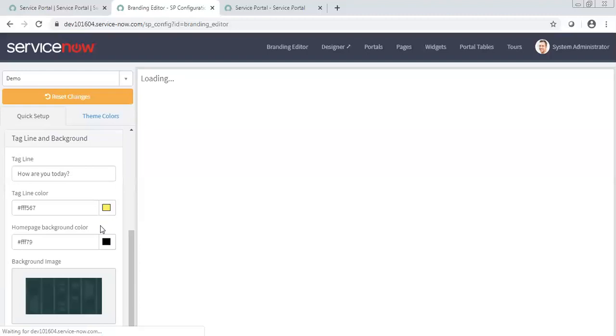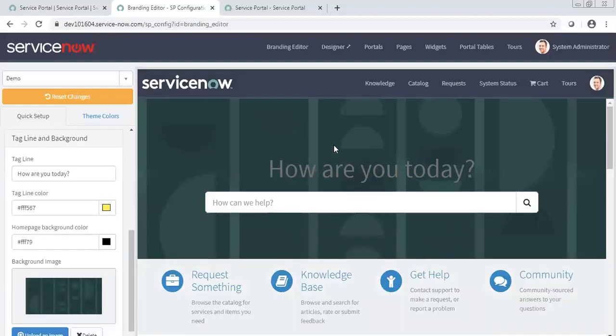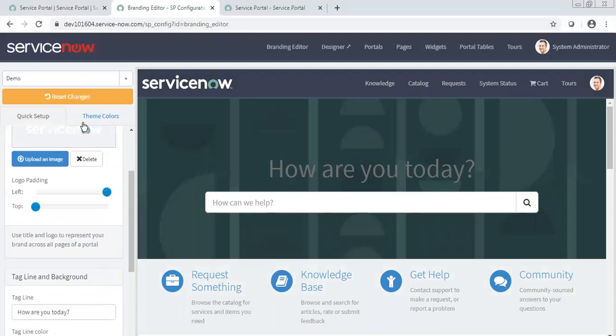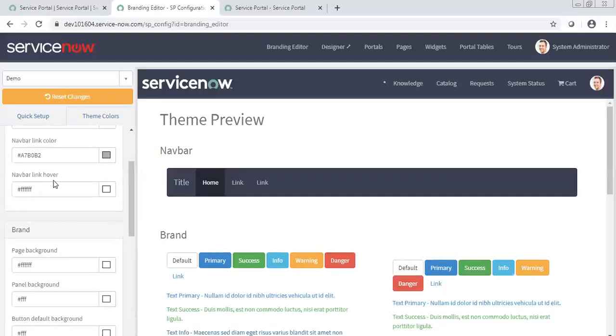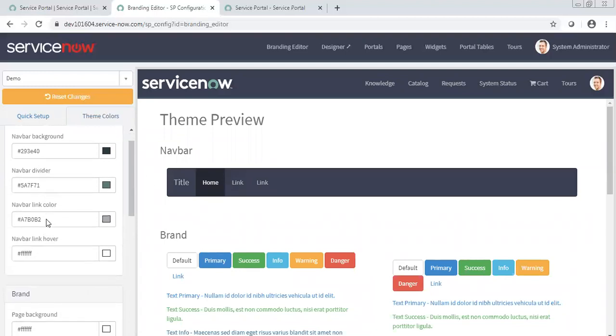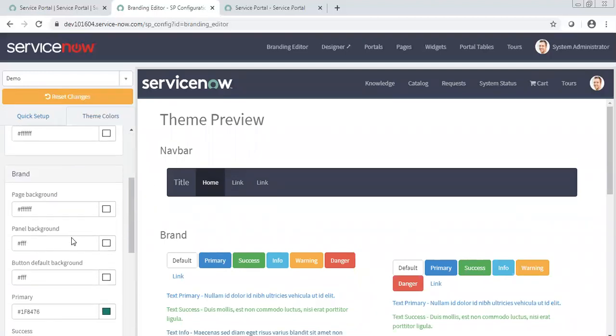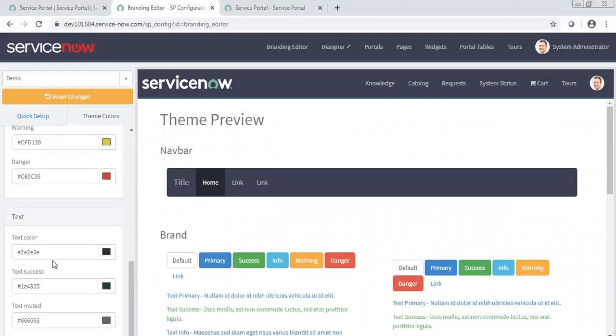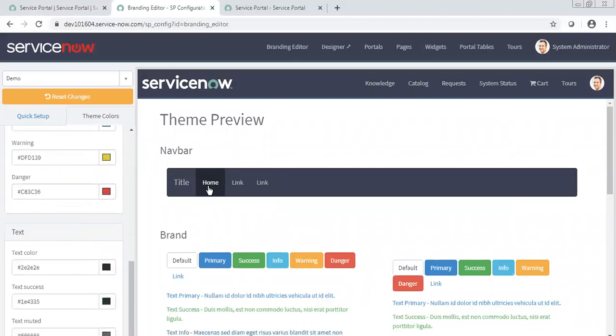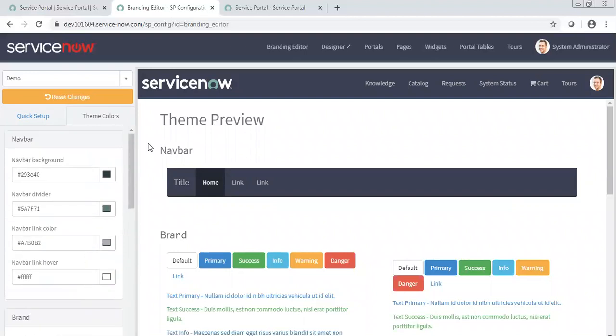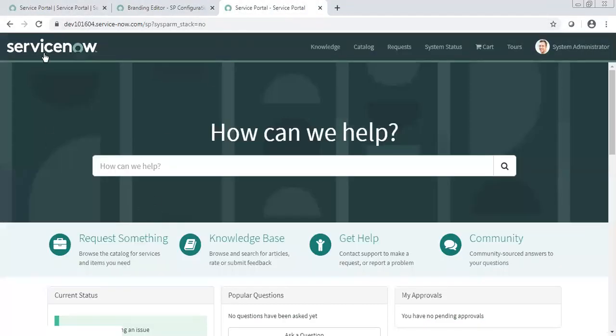All this branding, I have done it, so I know a bit of it. The border color has changed. Then theme color, like on hover and divider, page background, page panel background, all these are color changes, like warning color, when a user clicks something and you want to display a warning message, and in which color. Those things are here. I think you are aware of this part, so let's go to another part.